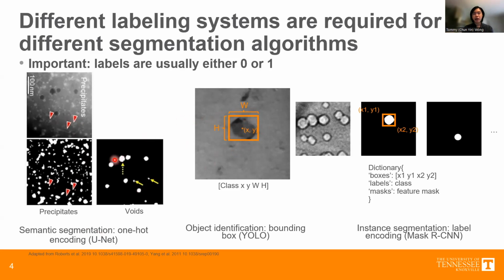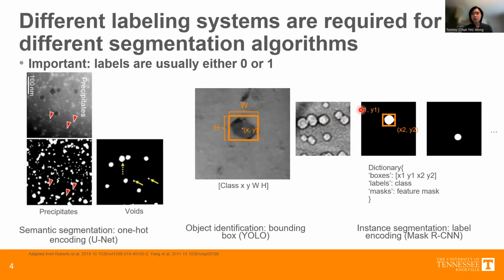So combining semantic segmentation and just simple bounding box object identification, we get instance segmentation, which we're also going to go over, which uses a different architecture called Mask R-CNN. For that to train, you'll give the bounding box for the objects you want to identify, and you'll also give the mask of the objects you want to identify, and you'll give a mask and a bounding box separately for each object or